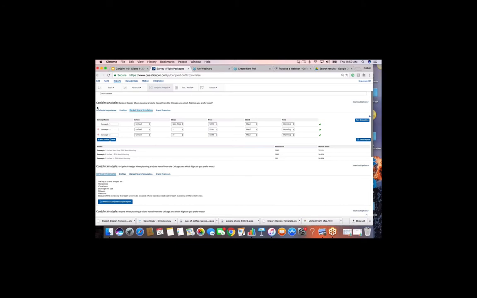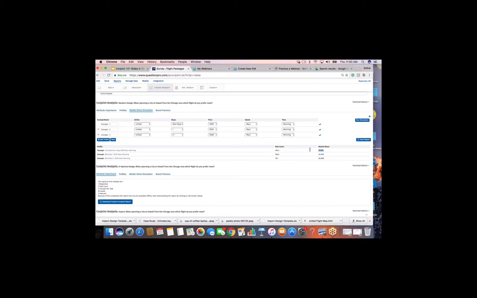Market share simulations. This is, again, the tool that I would recommend for those who are looking to test new ideas against existing products to see how well the market share is doing. What it does is it takes the data that you have collected and does some simulations. For instance, here I'm looking at 3 different United flights from these different price points, going to Maui in the morning, but with different stops. What is that going to look like? You can run a simulation, and then you'll see, based off of different concepts that we've presented, as well as the data that we've collected, we can say